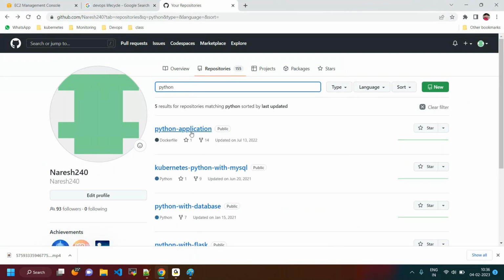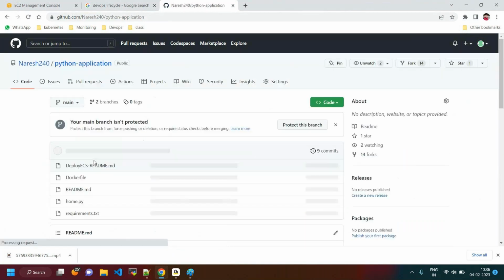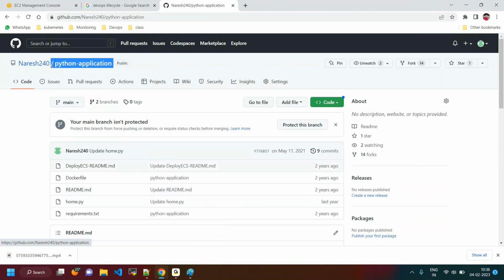Developers are going to write the code, and whatever code is written by developers, they keep in the source code management like this. They will write files like home.py and keep them here. I also got the information from them only. This is not written by me, but I have some idea about these things. I don't have any developers here to write this code, so I got code from Google or somewhere and kept it in my repositories. I'm going to show this within our classes.